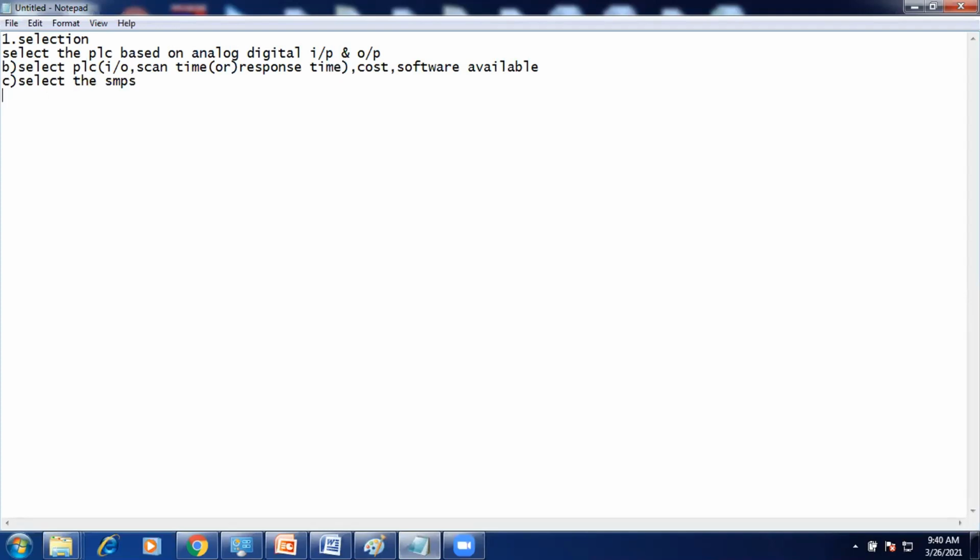Next one is protective devices. Under this protective devices, just consider circuit breakers, fuses, relays to connect the output. To protect the devices, we are using circuit breakers and fuses. Just use any one of the devices, or based on the application, use CBs, fuses, relays, like that.